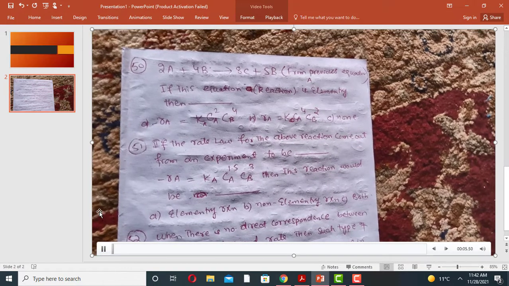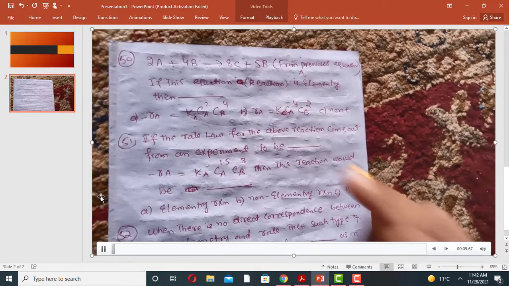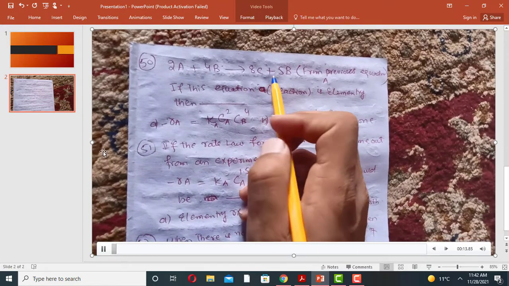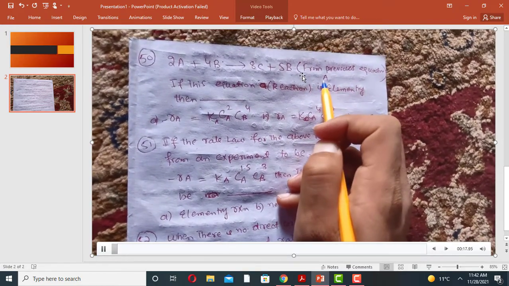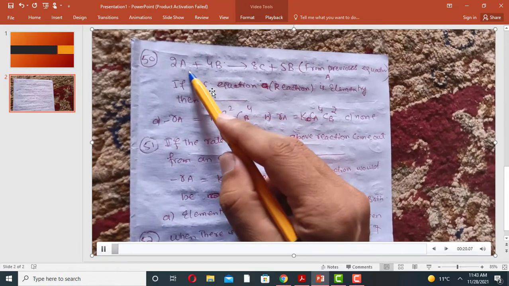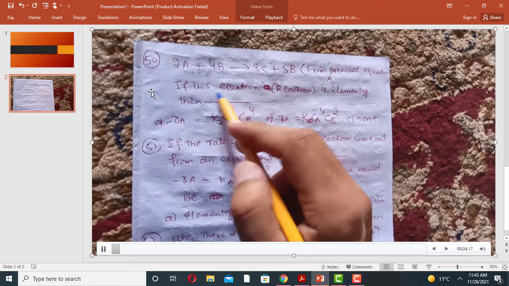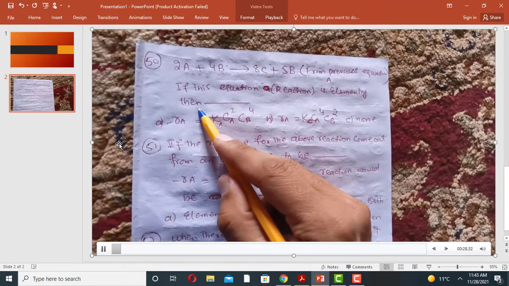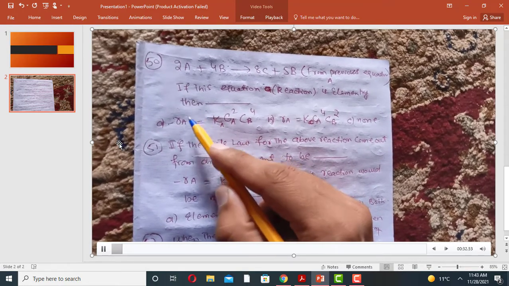In this lecture we will discuss some MCQs of chemical reaction engineering. The first one is 2A plus 4B gives 4C plus 5D. From the previous equation, if this reaction is elementary, then the rate of disappearance of A